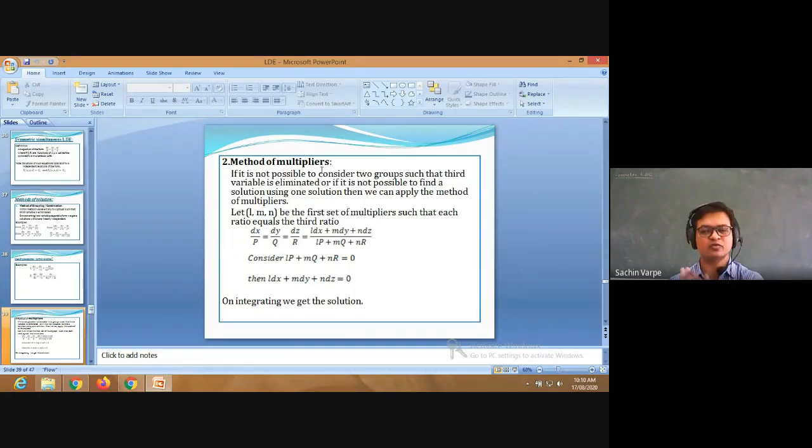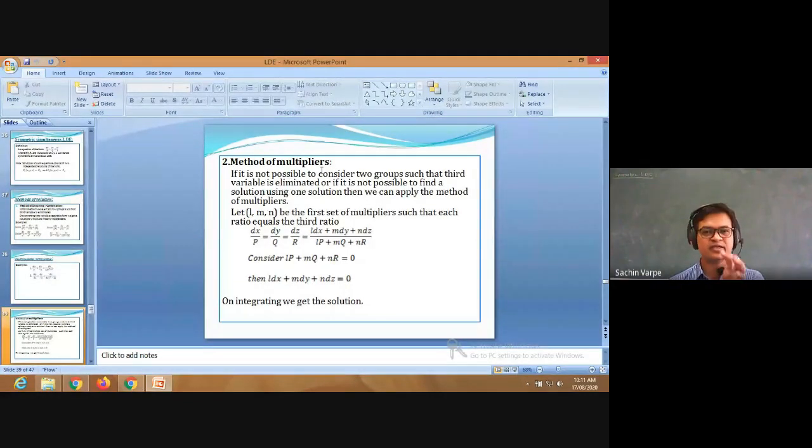Each of these ratios is equal to the fourth ratio such that if the denominator of the fourth ratio is equal to 0, isn't it? If the denominator of the fourth ratio is equal to 0, then we are considering the numerator to be 0. Otherwise, that fourth ratio will be infinite. If the numerator is non-zero, please try to get the things, then the fourth ratio will be infinite, isn't it? And that means that each ratio is infinite, isn't it? It means the differential equation is infinite, and that is of no use. We are solving the differential equation means what? We are trying to find the finite values of those variables involved in the differential equation, right?